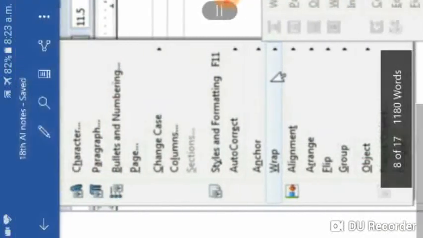Whenever we click on the Wrap option, a number of sub options will appear. Select the desired wrap option, and the text will be wrapped to the image according to the selected option.